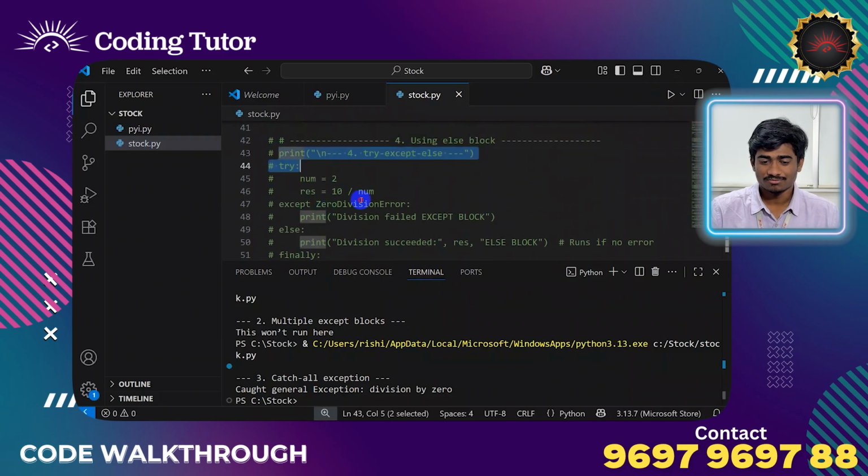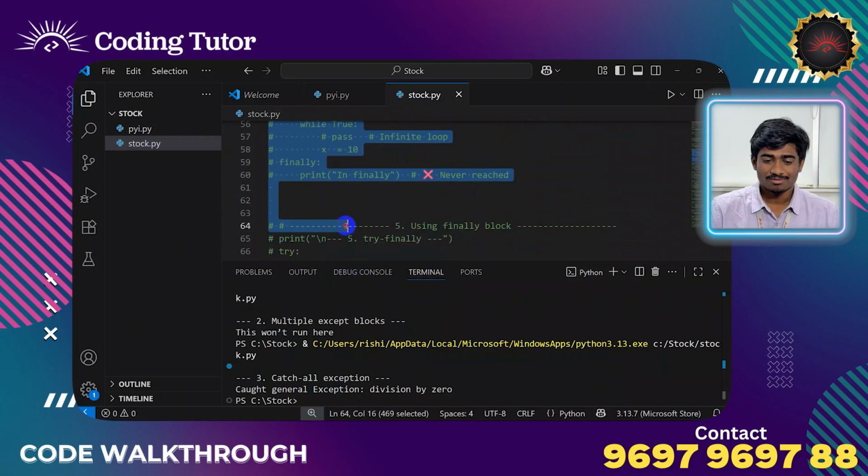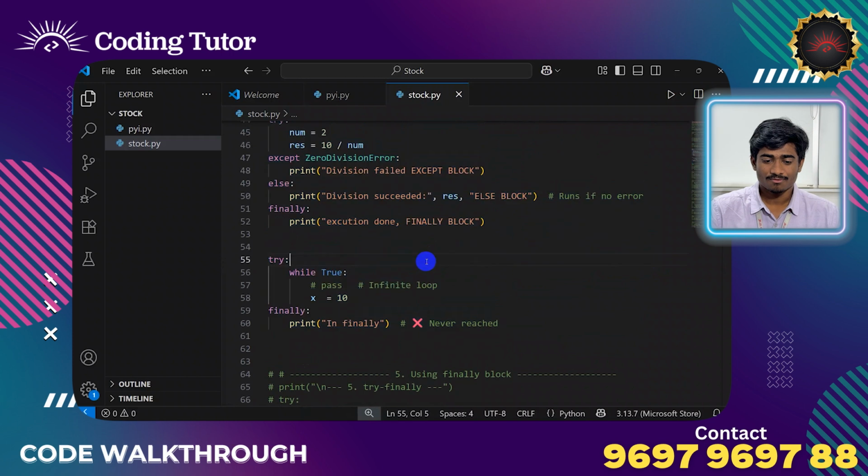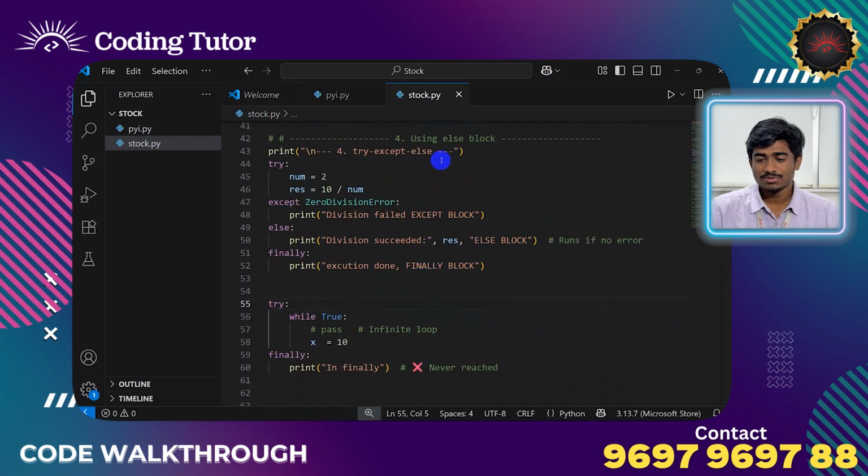Let's go to the fourth method. Uncomment it. The fourth one is using an else block. We are going to use an else block with the try and except blocks. In the try block, I used num as a variable and gave it the value 2. And here I took res as a result variable and gave it the value 10 divided by num, which is 10 divided by 2. So it is going to run in the try block over here,